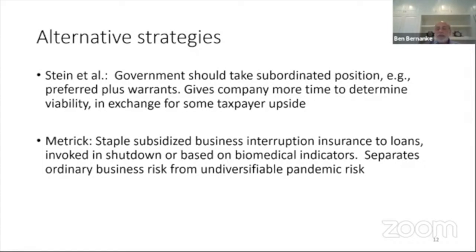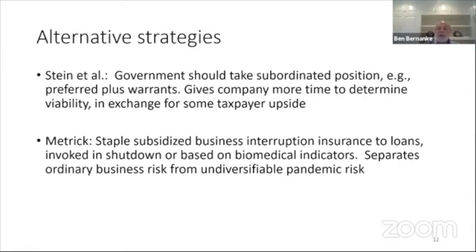And that may be a better solution to the uncertainty that we face in the current situation. Andrew Metrick of Yale has another interesting idea. He notes that the pandemic risk is a pretty much undiversifiable exogenous risk to the system. He suggests that the government staple subsidized business interruption insurance to loans, which would be invoked if there's a shutdown